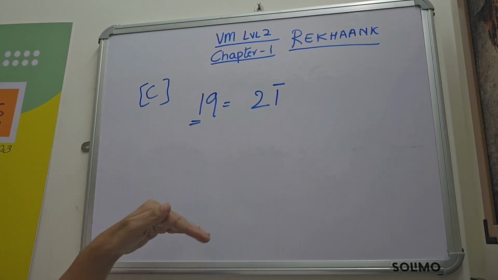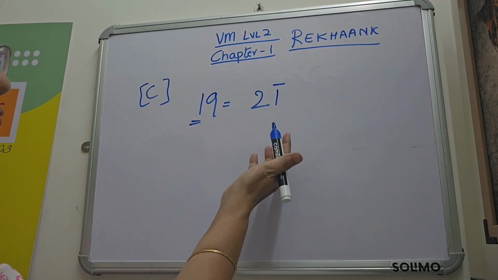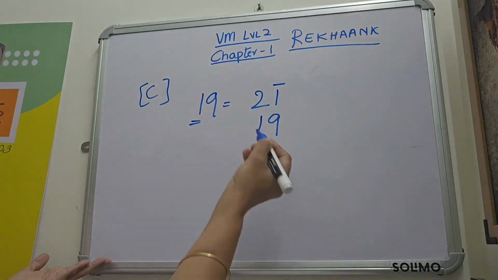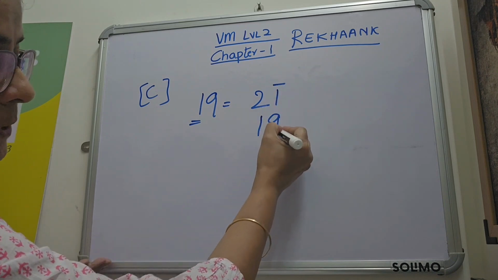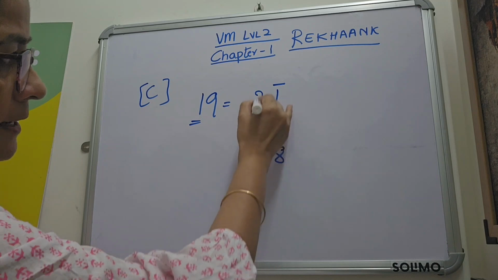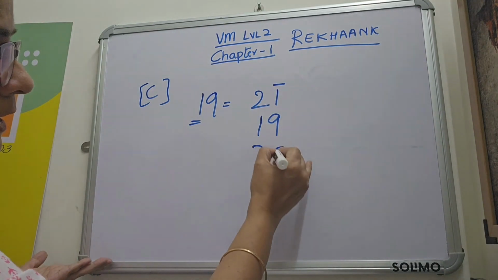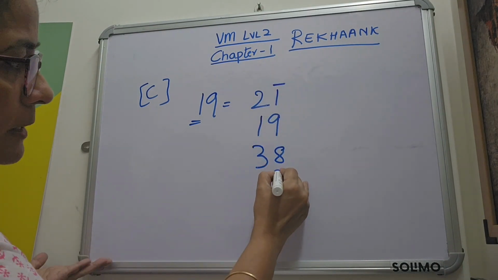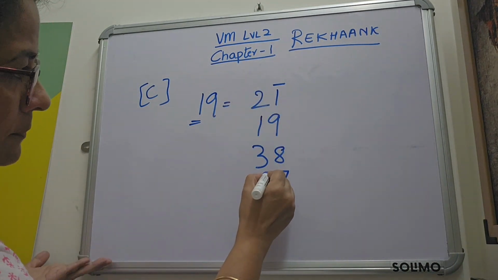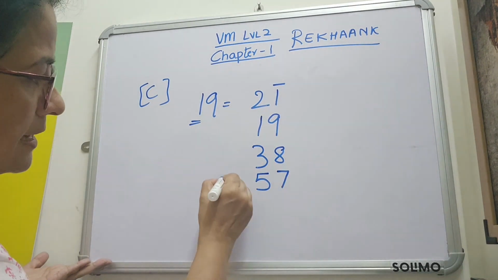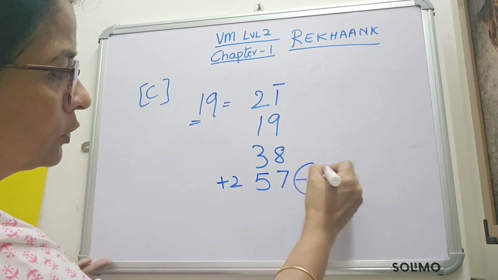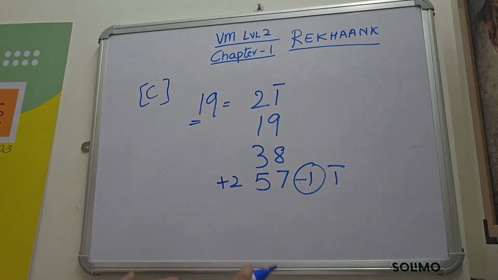Every time I want to write the table, I am going to add 19 to this. Alright. So 19, and then after this I have to minus this from here. So minus 1 plus 9 becomes 8, and I'm going to add this 3, 38. Again from here I have to minus this 1. This becomes 7. This will become plus 2 becomes 5. So what all that I'm doing here is I'm doing plus 2 here, I'm doing the minus 1 here. Minus 1, or you can call it 1 with the Rekhank. I'll keep doing that at every step.